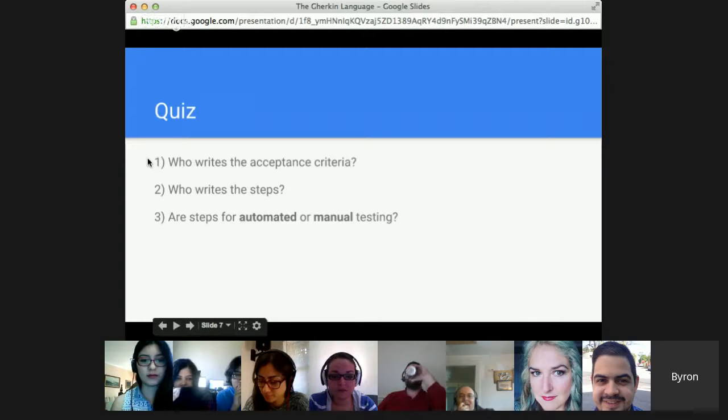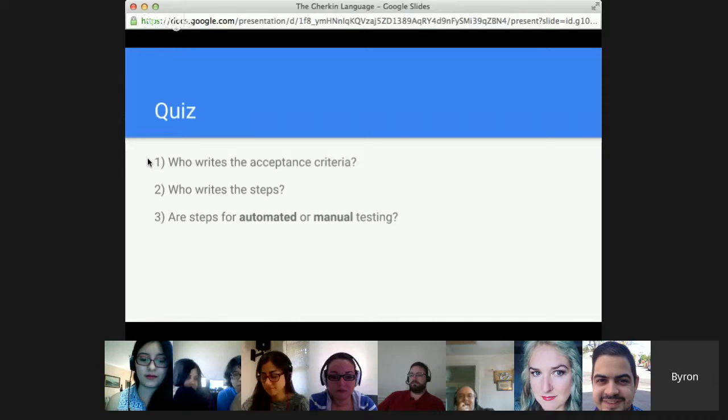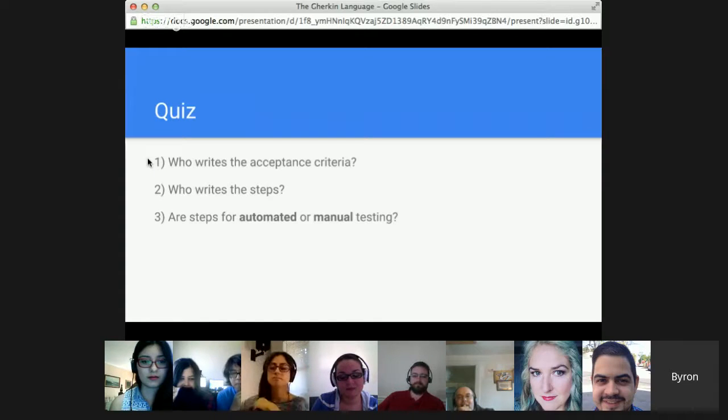Who writes the acceptance criteria, ideally? BAs? The PO or the client? Okay. Anybody else want to take a stab at that one? I haven't heard the right answer yet. The development team, in conjunction with the client. Yeah, I would say that one is probably the closest. So the one who writes the acceptance criteria is not just a person; it's actually the entire dev team.